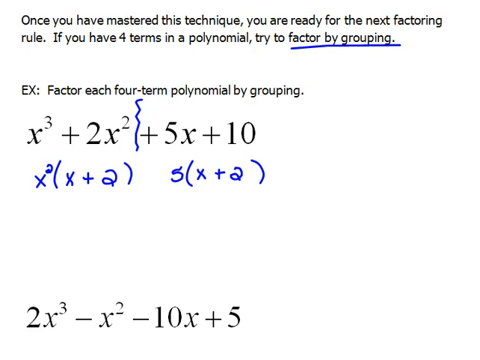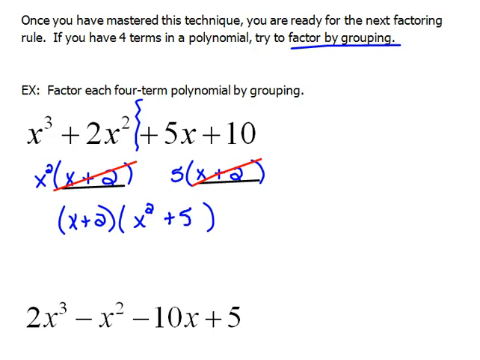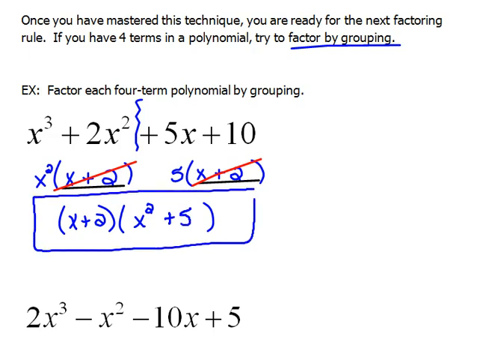Now, look at what we have. In both of these terms, we have a common x plus 2. We can continue factoring. If we pull out the GCF of x plus 2, what do we have left? Well, if we pull out the x plus 2 from the first term, we have x squared. And if we pull the x plus 2 out of the second term, we're left with a positive 5. This is how